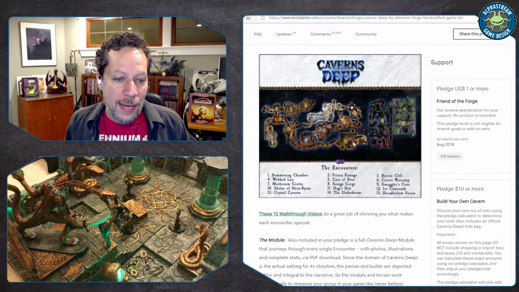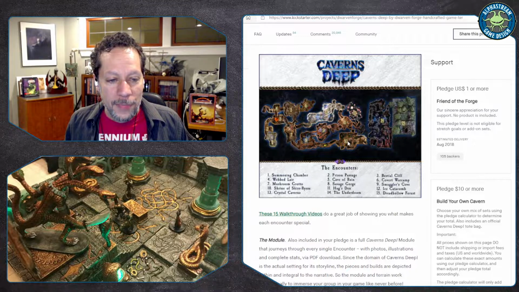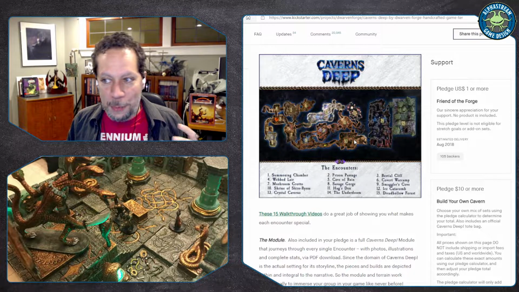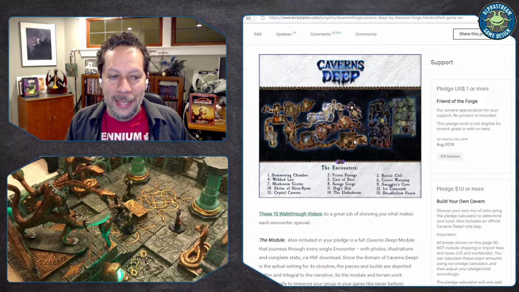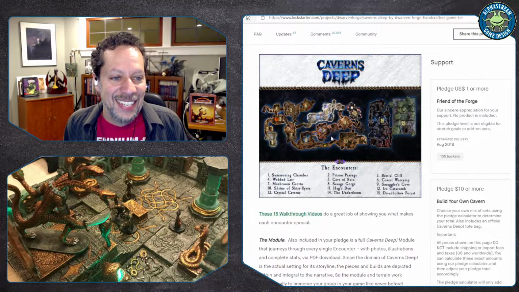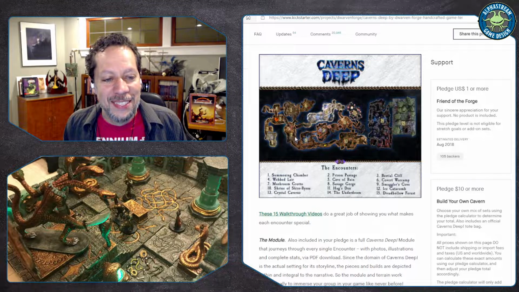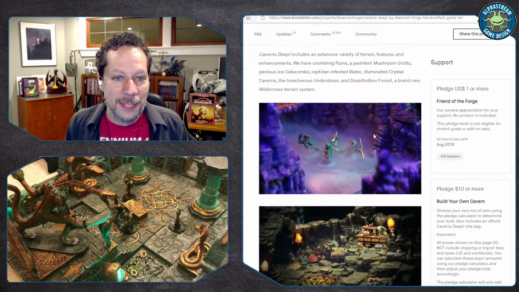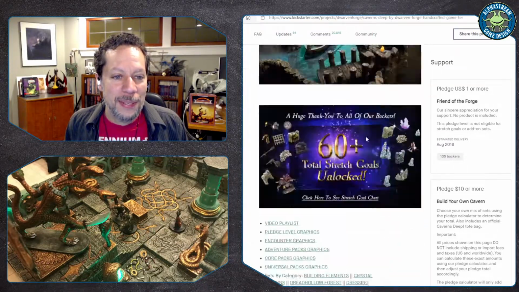The shrine of Skisrasa, the lizard queen, that's a really fun adventure where she's sort of in the middle of this blood ritual when you walk in. So how that plays out is interesting. This room 7 is an enormous mushroom grotto, and I'm sure there's some pictures here. If I go up to the,